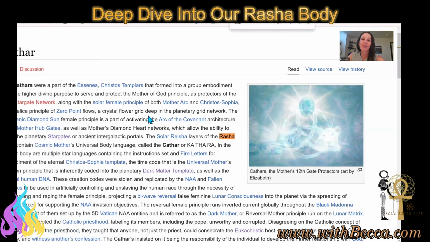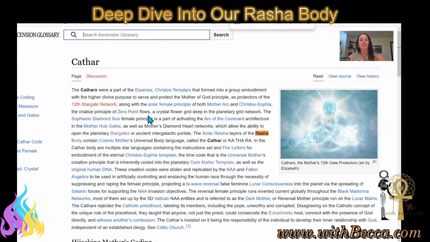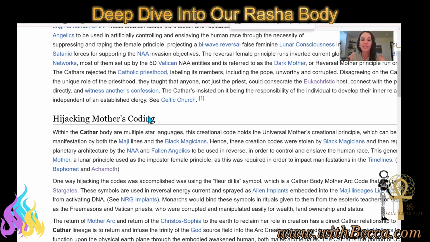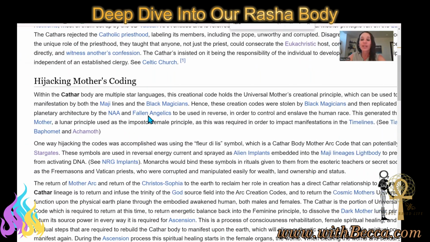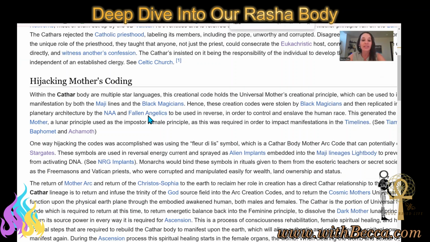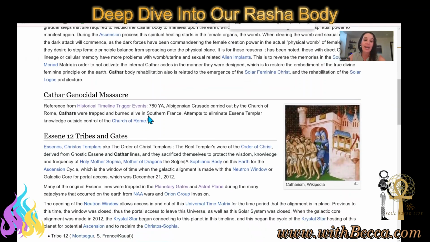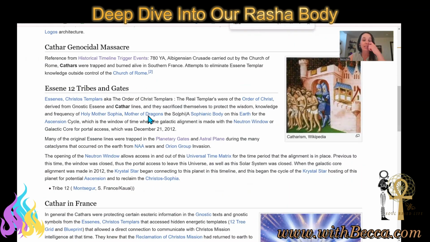And well, energy is power. So they definitely hijacked this particular line, hijacking mother's coding right here. This is where you get the black magicians coming in and taking the ascension mechanics teachings, targeting the Magi Grail lines, targeting the Cathars, targeting all of our sacred Christos lineages in order to hijack the template of Mother, to take over this body and the genocide. And this connects us to the Essenes,